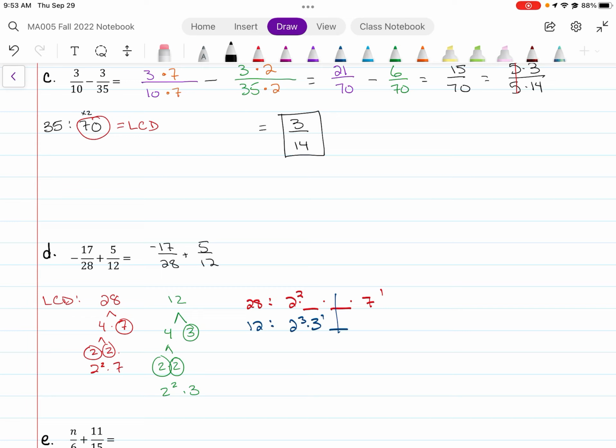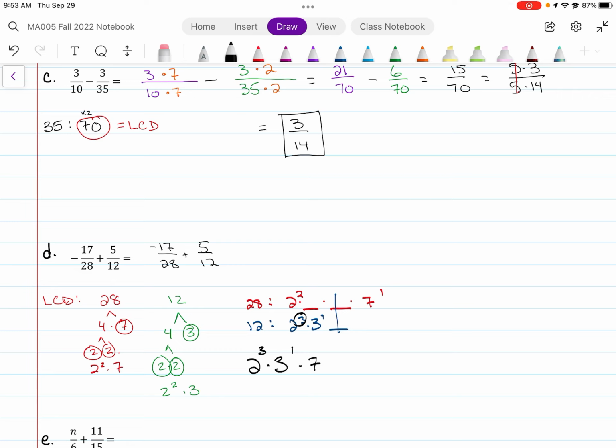We're going to look at the 2's. And what is the highest number on the 2's? Highest degree. The highest degree is the 3 right there. Then let's look at the 3's. What's the highest degree? Well, there isn't one in the top, in the red one, so it's just 1. There are no 5's, and then 7. So when you multiply all that together, 8 times 3 times 7, you are going to get,